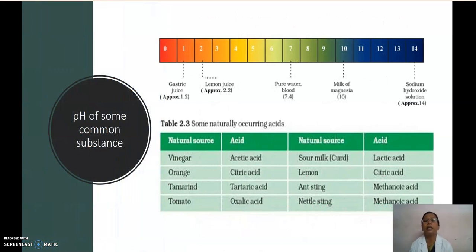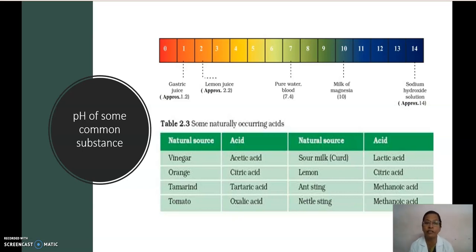Then here, in that color, you can identify 0. The color is given: it is a reddish color. For the strong acid, the color will be red. And the gastric juice produced in our stomach is also acidic in nature. Its color is a little reddish, near to red. When we are decreasing from 1, 2, 3, 4, the color goes from red decreasing to orange, then light orange, then becomes yellow.